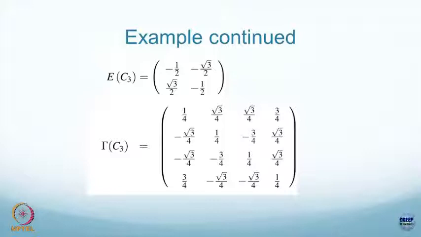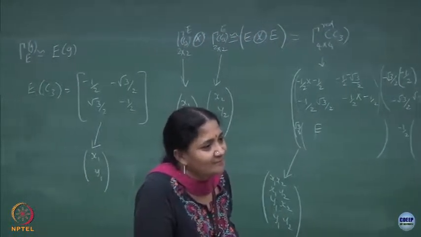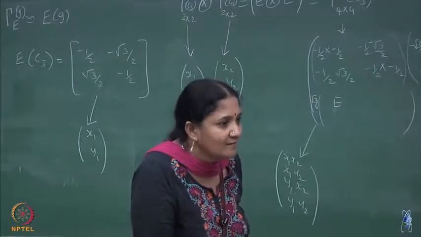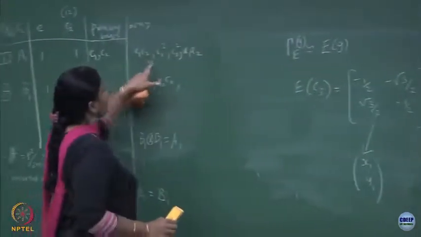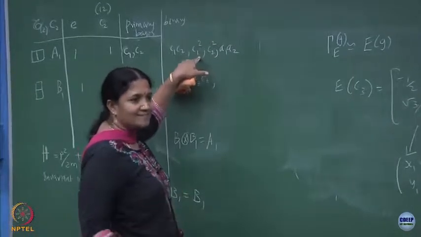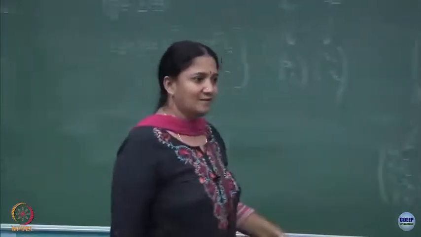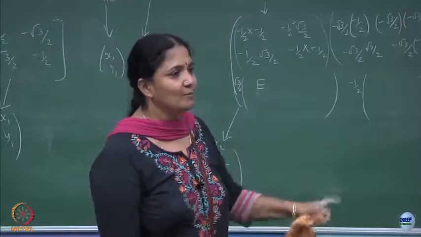No, no, it is the same representation, but one is acting on particle 1, another one is acting on particle 2, or one is acting on the position space, one is acting on the momentum space. So, you can take it like that. You can also do it on the same particle twice, that is a different thing. Then you will have quadratic powers, that is what I wrote here, like C1 squared is on the same basis, but this is on 2 different spaces. So, all those finer details can be worked out depending upon whether both are the same space or different spaces.